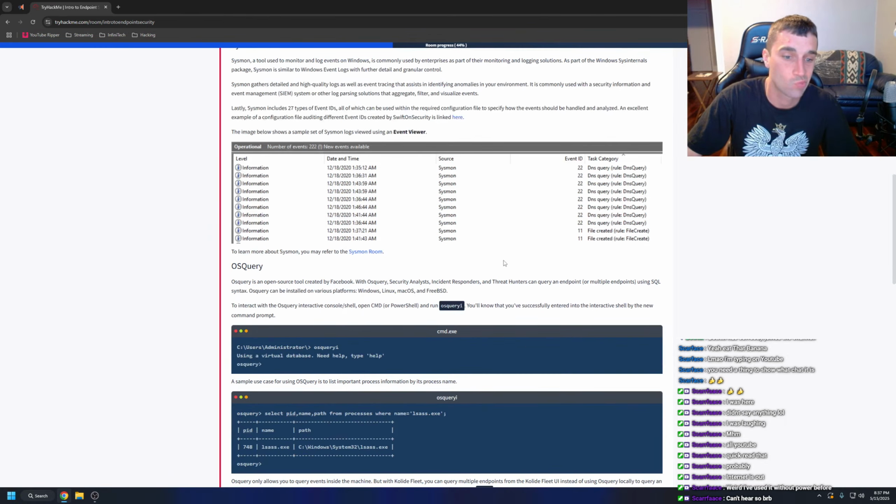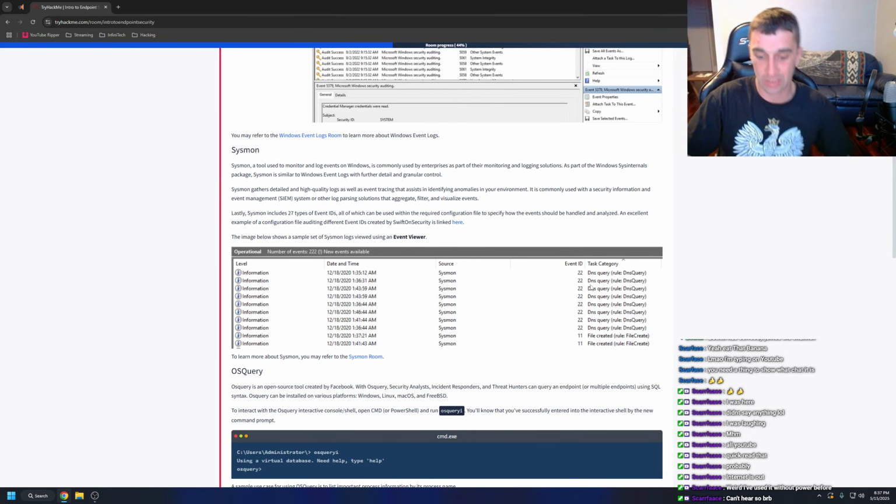Sysmon, a tool used to monitor and log events on Windows, is commonly used by enterprises as part of their monitoring and logging solutions. As part of the Windows Sysinternals package, Sysmon is similar to Windows event logs with further detail and granular control. Sysmon gathers detailed and high-quality logs as well as event tracing that